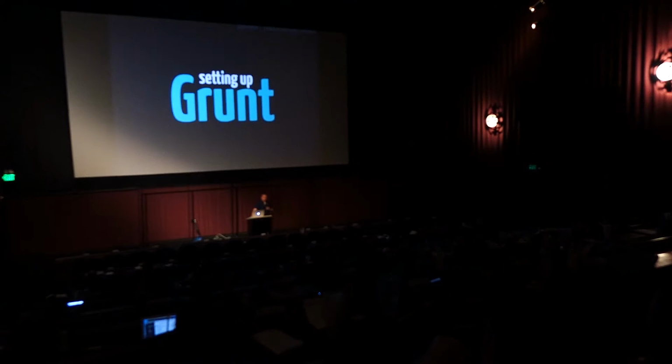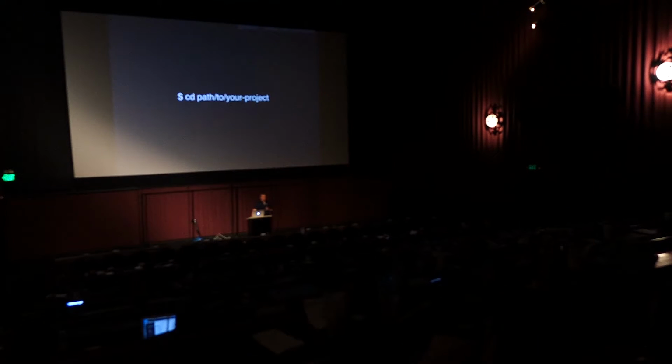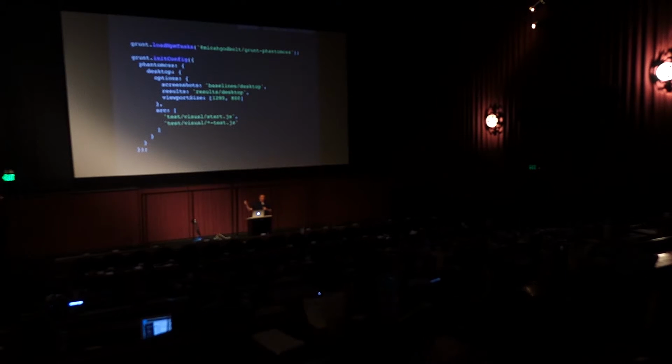So the implementation, let's start by setting up Grunt. You're going to change directories into the path to your project, npm install. There's a namespace on this one. There's actually an older version of Grunt PhantomCSS that is no longer maintained. Micah has picked up the mantle on that and continues to maintain it as changes are made to the parent library. So we want to load our PhantomCSS task, and then in our Grunt config,